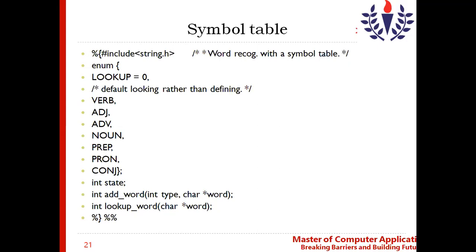Then when the input is given, automatically it is taken from the database and matched. So it will be very easy to do this job compared with the previous case. That is why we introduce the data structure concept, wherein the words and the type of words will be stored in the data structure. Then whenever the input is given, it will be matched with the data structure. That is where we are using the symbol table.